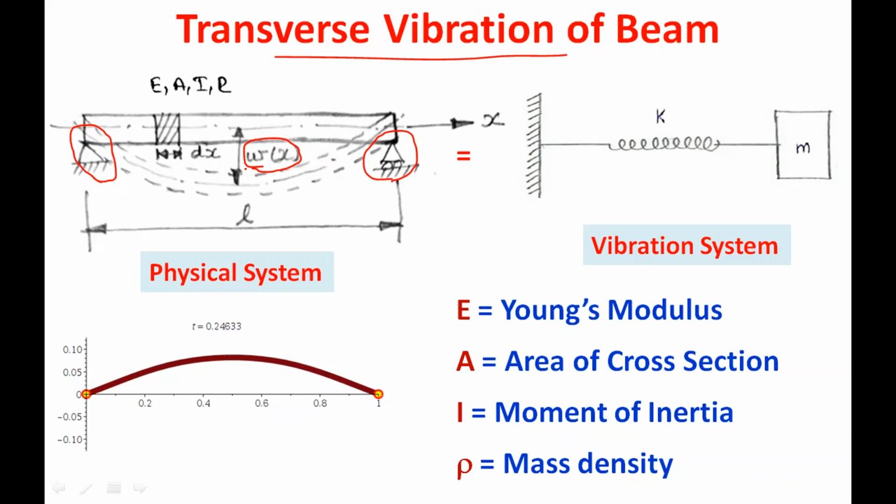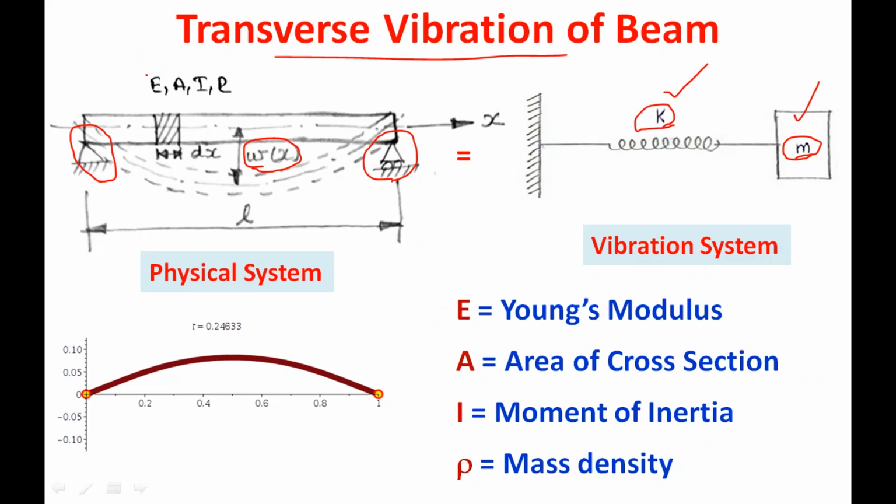If you want to study these characteristics of vibration, first we have to convert this beam into a vibration system. In any vibration system, we have four elements of vibration: one is stiffness, another is mass, then damping, and external force. Here we are going to consider only free undamped vibration, so we will have only the stiffness and mass of the system. At the end of the mathematical model, we will understand how the stiffness and the mass are represented in the governing differential equation.